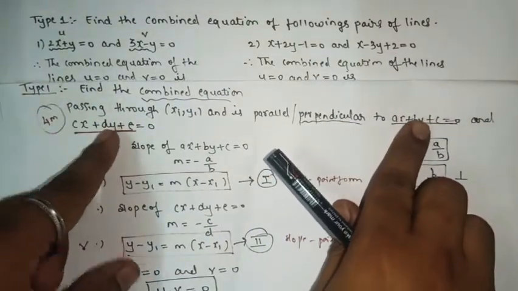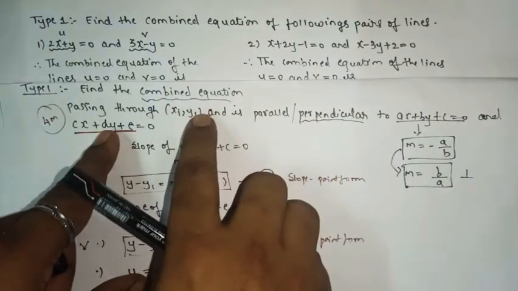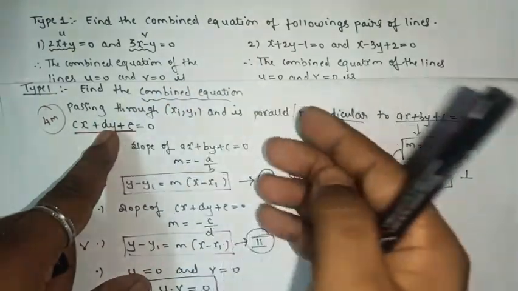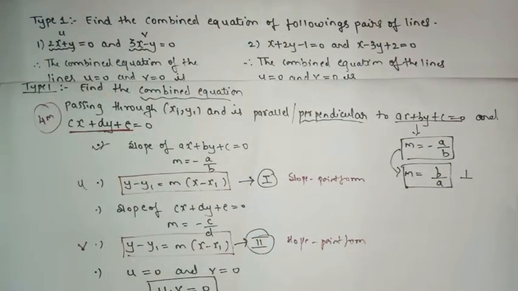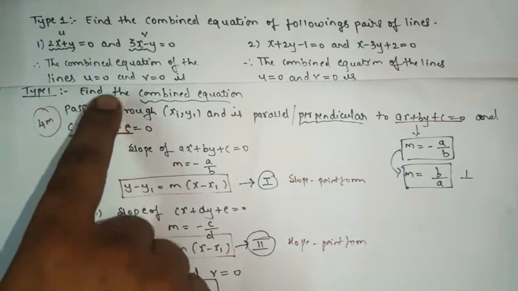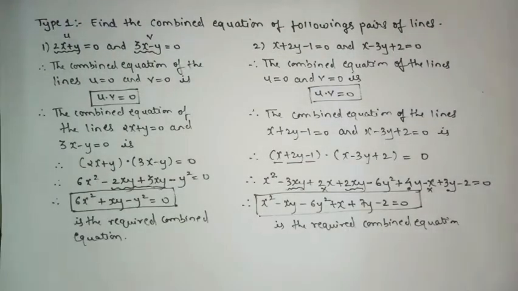Now here we have two linear equations passing through a point, and the word they will use is parallel, sometimes they will use perpendicular. So all this we have to check. As I said, the chapter is easy, but there are lots of concepts, many things which you have to remember in this chapter. That's why I prefer to do the sums type-wise instead of doing exercise. Got the point? Now we'll see the subtype of the combined equation, the next one.